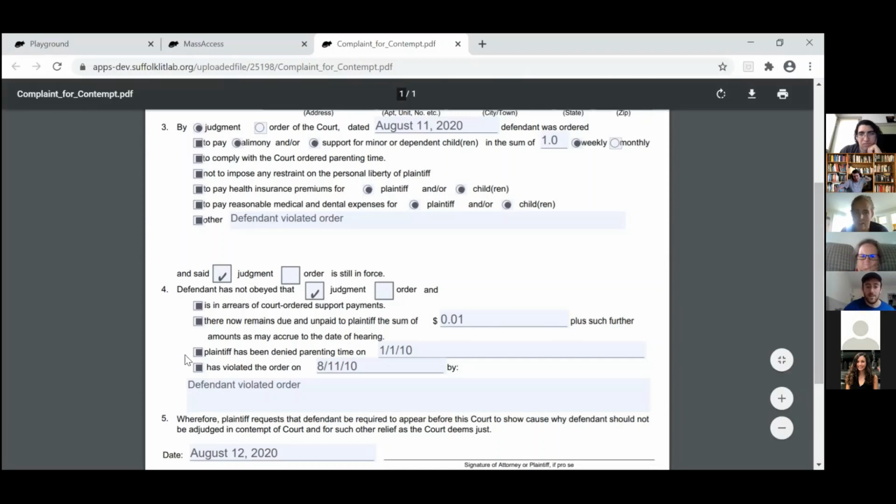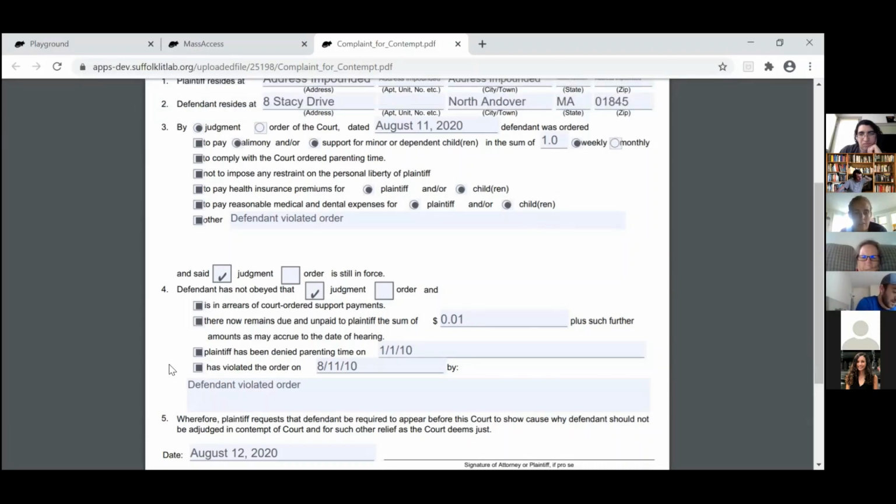You need to say the defendant didn't pay the health insurance premiums to state that element of a contempt. Same with medical dental expenses, and restraint on personal. Anything in box 3 that doesn't have its own place needs to be repeated in box 4.